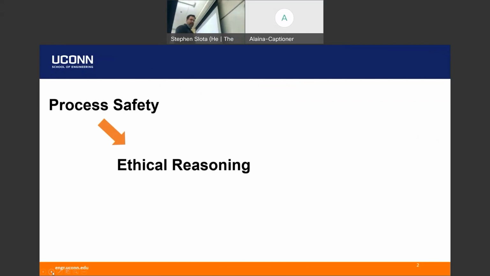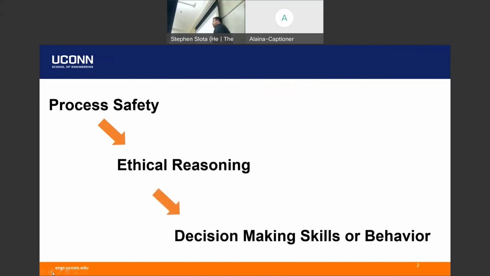What that really boils down to, at the end of the day, is decision-making skills or behavioral skills. It's technologically adjacent: you have to have the correct scientific or engineering background to understand the decisions you're going to make and what the consequences are. But in a lot of ways, it's not a technical decision. It's very much psychological and behavioral. So teaching students that tends to be more complex than just saying, here's an equation, in this situation use this equation, and you'll get the correct answer. That's much simpler to teach.